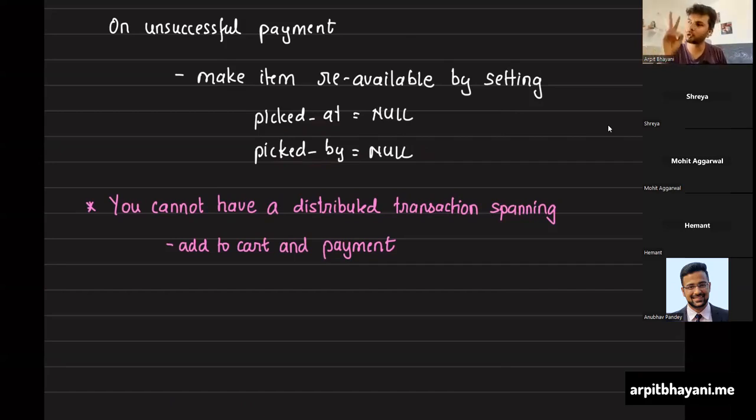Here you can have two options to build product experience. First, you make item available for someone else to purchase in case a transaction fails. Otherwise, you say, "I don't want to do it." You undersell. Either you undersell yourself or you oversell yourself and then refund. Up to you, right? But depending on what your product team decides how you'd want to do it. But it's very similar to how you function in real world, right?